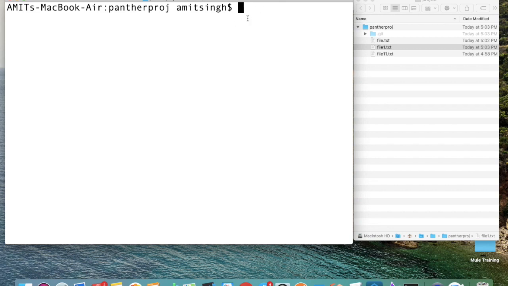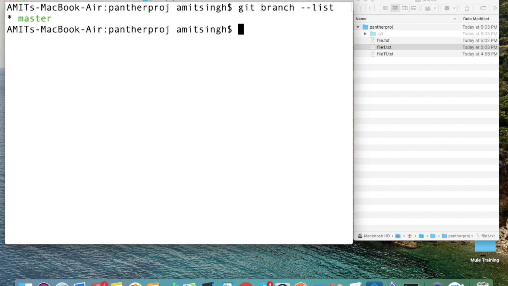Now let's talk about how to see all the branches we have inside our project, that is the Panther project. For that we have a command called git branch --list. If you execute this command, you will see that there is only one branch, that is the master branch,